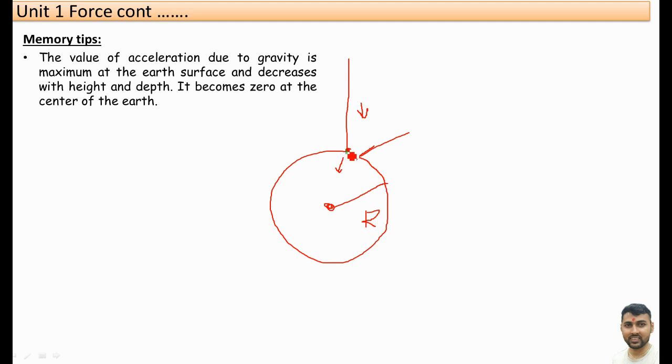And at the center of the Earth, acceleration due to gravity